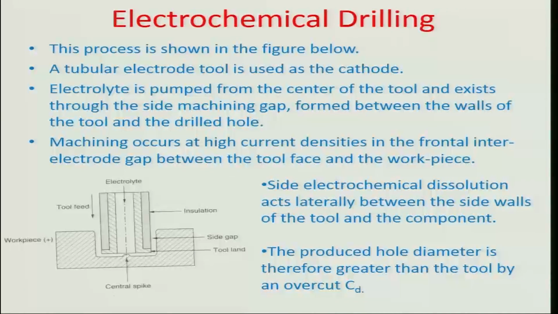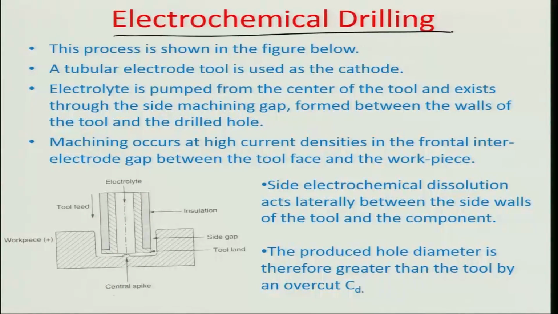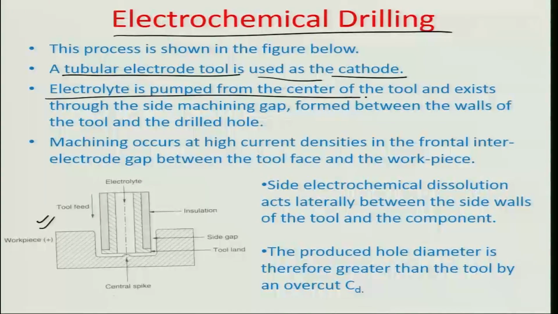So the first process which comes to my mind when we talk about such associated processes is electrochemical drilling. The process is shown in the figure here. There is a tubular electrode which acts as a tool and is normally used as a cathode. The principles behind the process are very much the same as ECM, electrochemical machining. Only thing is it is a high aspect ratio drilling that we are executing using the ECM process. The electrolyte is pumped from the center of the tool and it exits through the side machining